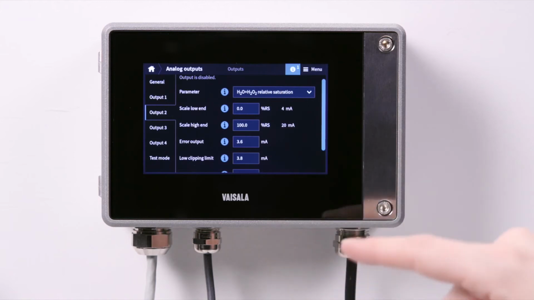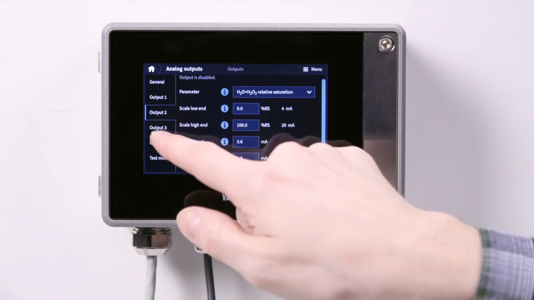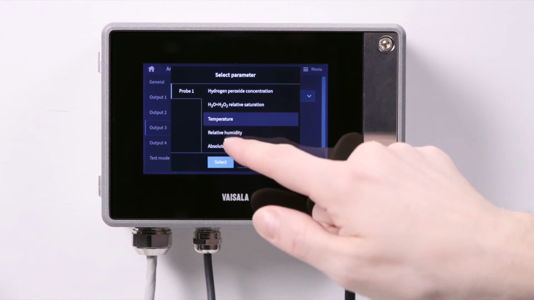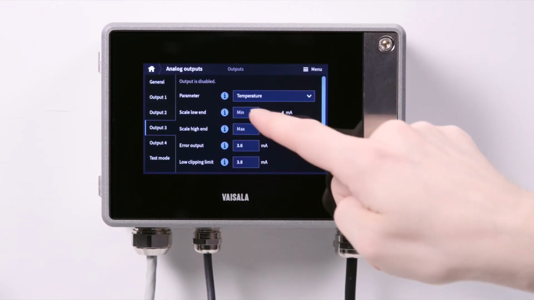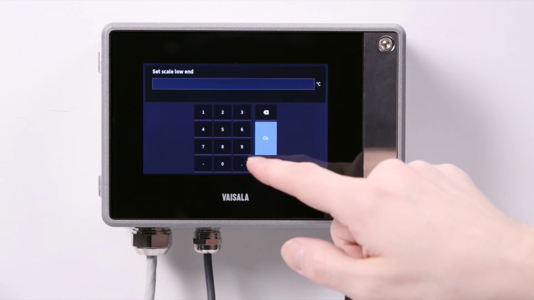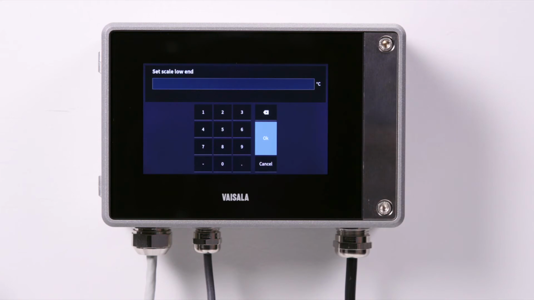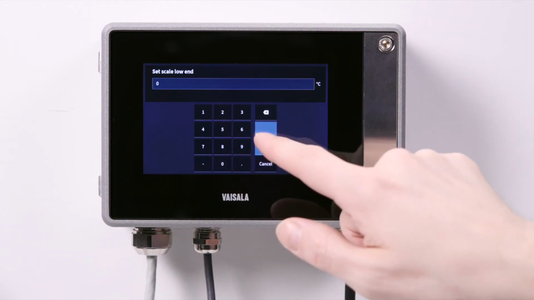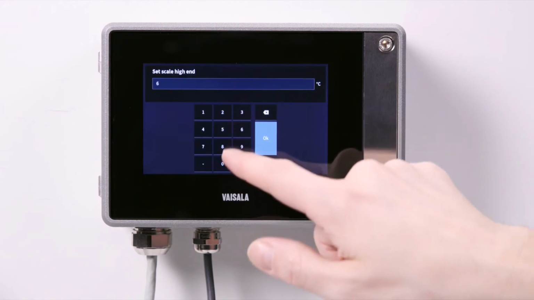And the error and low clipping limit can be the same. And then we want to know the temperature as well. So that shall be our third output. And temperature in our application, let's think that it varies from 0 to 60 degrees C.